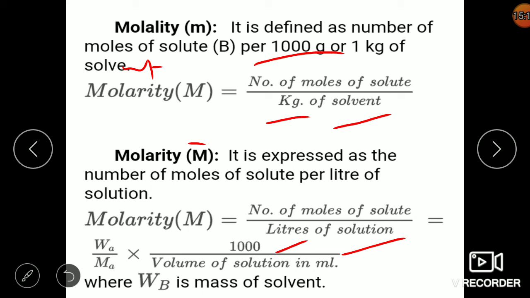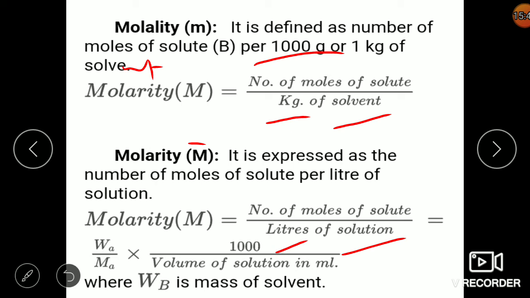Now here one question comes: molarity or molality, which one is temperature dependent? Temperature dependent means what? In one case you are getting mass, and in the other expression you are getting volume, because the upper part, the numerator, is the same, the number of moles of solute. Mass, you know, is always constant. Mass never changes. Weight may change but mass never changes. We already learned about this. And what about volume? Volume increases with temperature. If temperature rises for a solvent, volume increases.